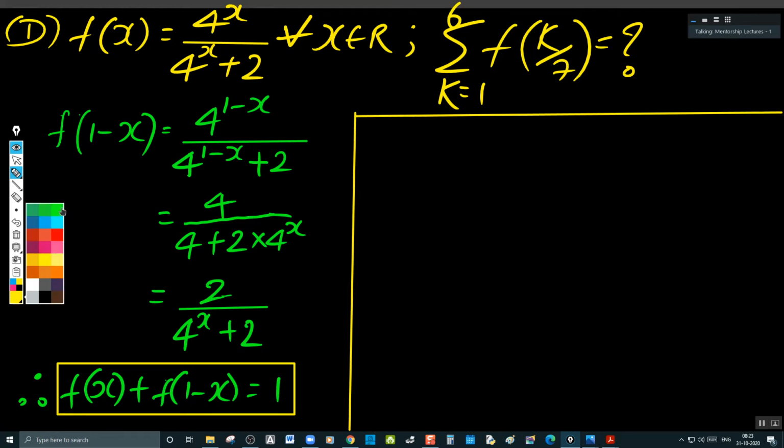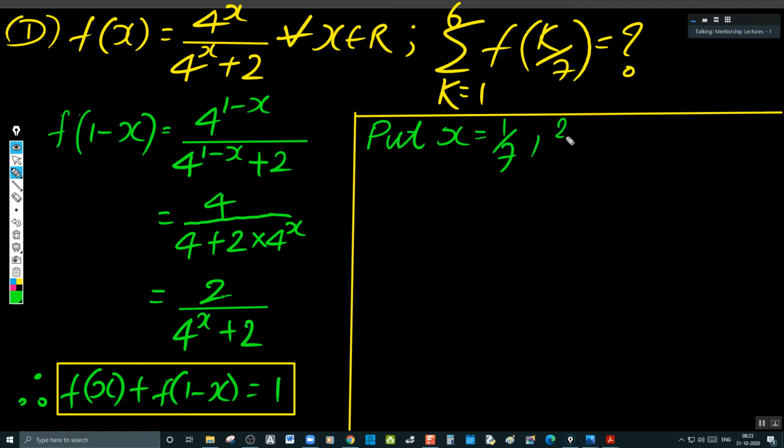Put x is equal to 1 by 7. Obviously, you will get 6 by 7. Then 2 by 7, obviously you will get 5 by 7. Then 3 by 7, obviously you will get 4 by 7. I think all you will get. Now,